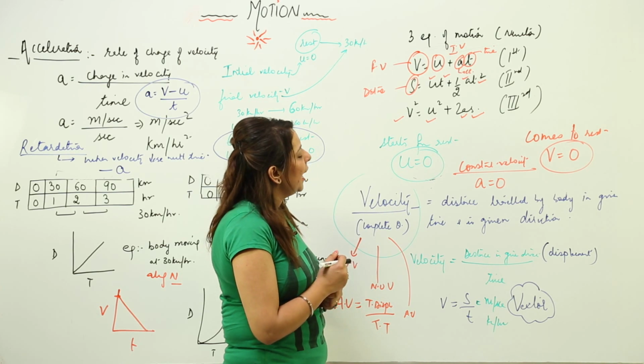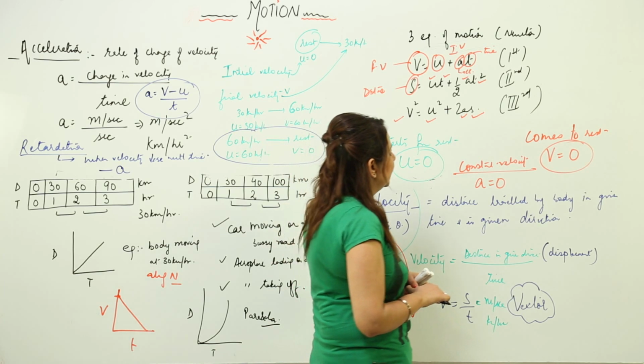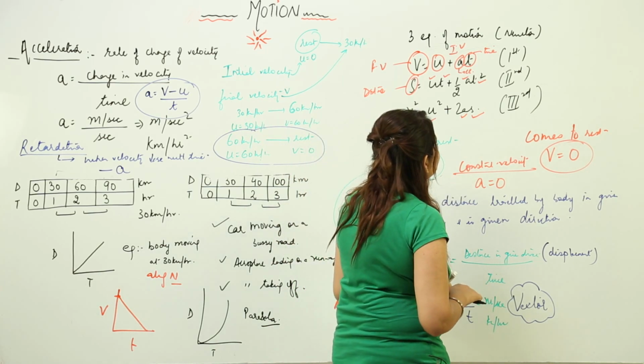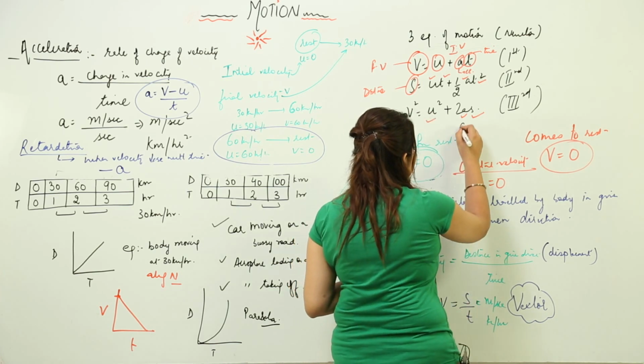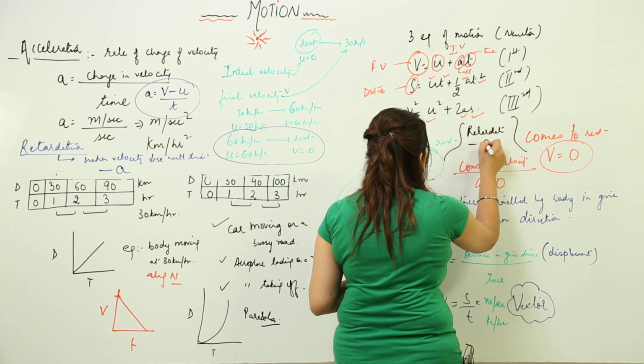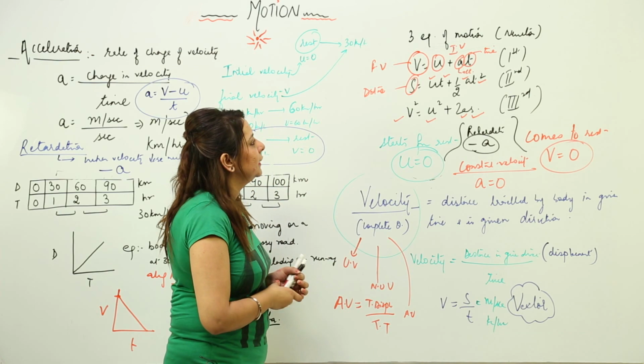Likewise, starts from rest, comes to rest, constant velocity, and moreover if I say that there is a retardation, so you know that retardation is that you need to put minus sign in front of a. So this is what are the three